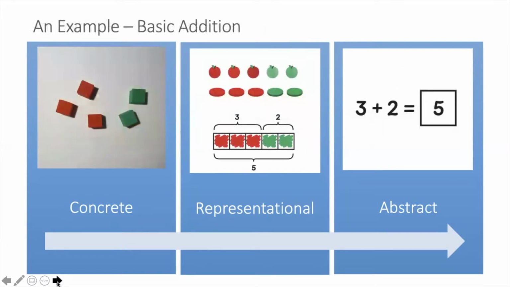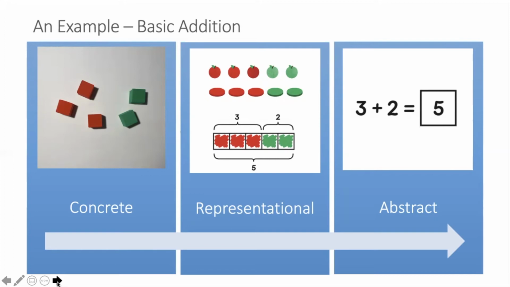Another example here with basic addition, where we begin with the concrete. We're looking at manipulatives. We've got two different colors. We've got 3 red cubes and 2 green cubes. We can then move from there into the representational form, where we can begin to draw pictorial representations of the manipulatives. Here you can see where you can use the color coding to help understand